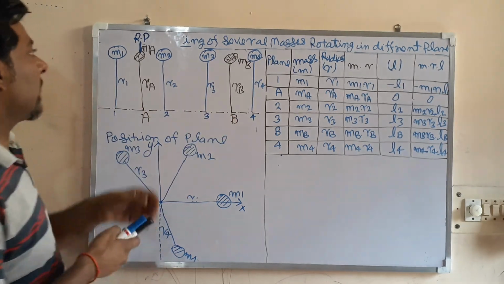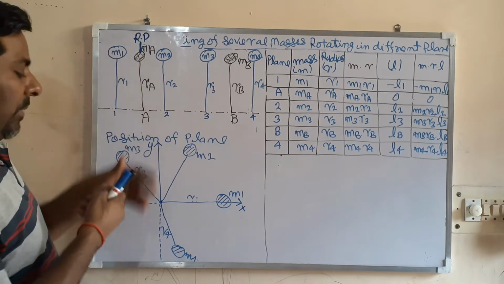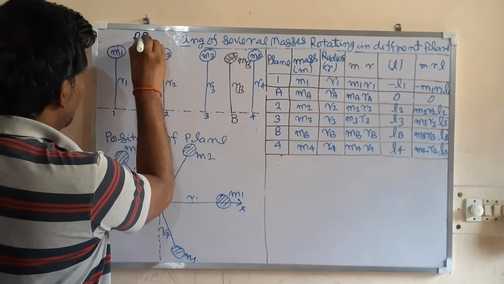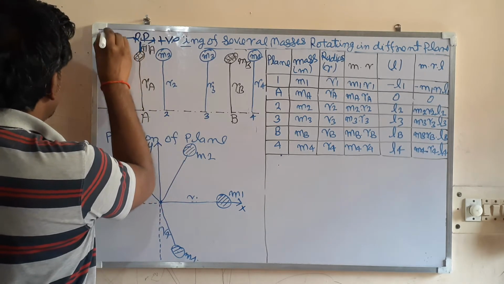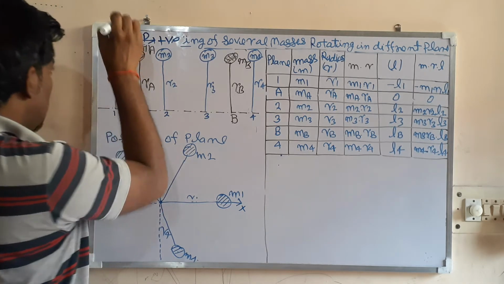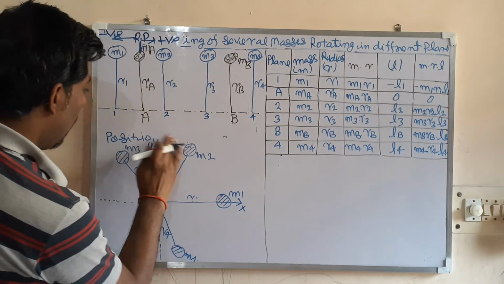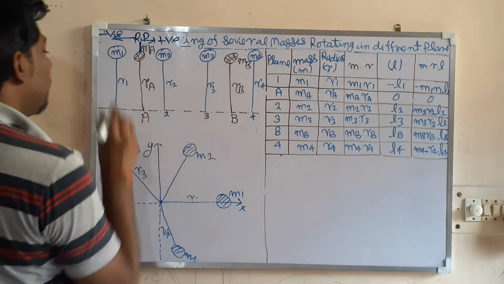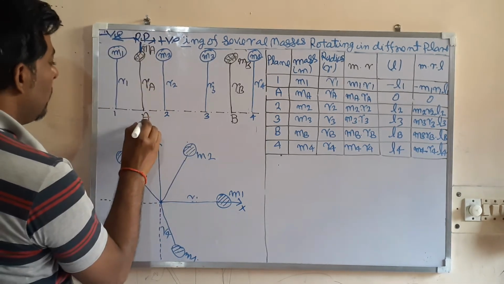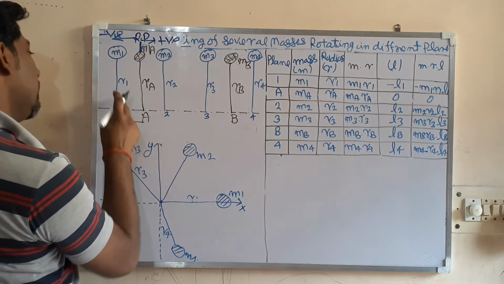Okay. So I have taken the reference plane at the plane of A. At the plane of A, distance measured in this direction is taken as positive. In the left direction, measured distances are taken as negative. Now let us show the distances from the reference plane. So this is the reference plane, and this is plane 1.